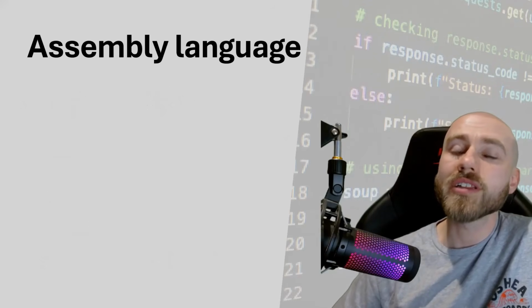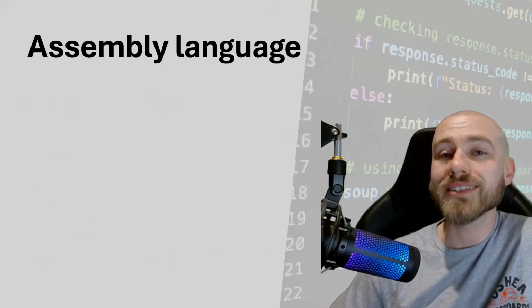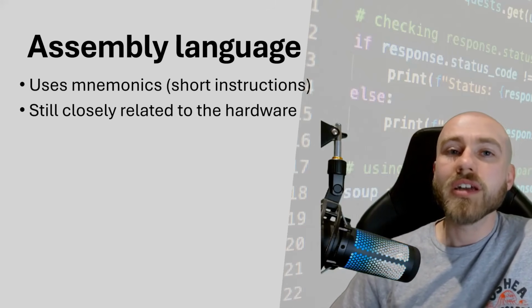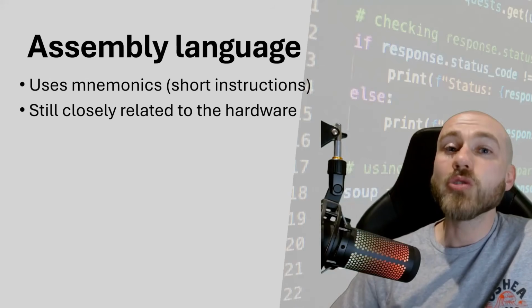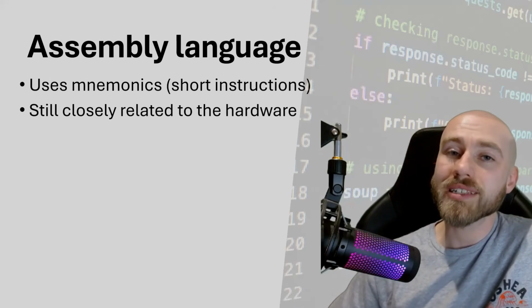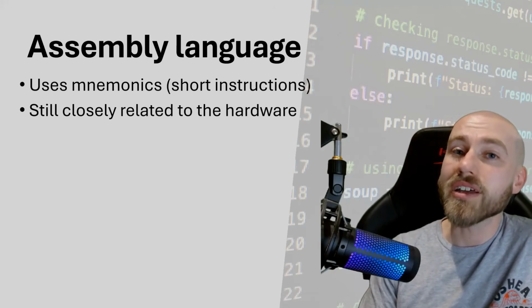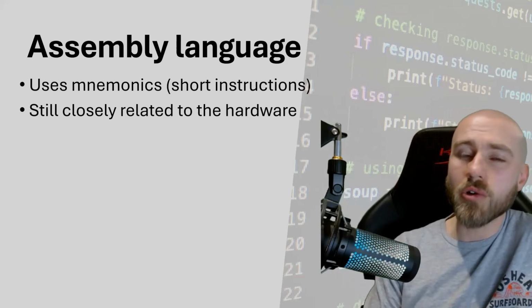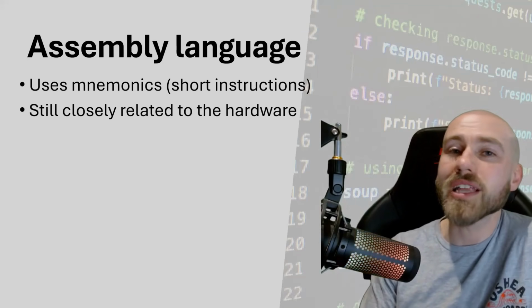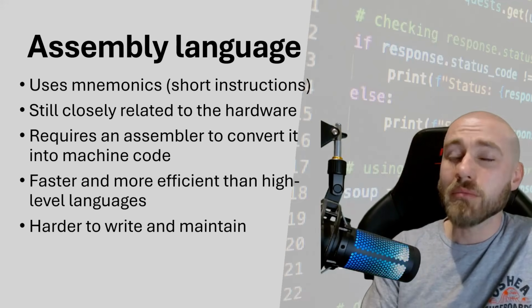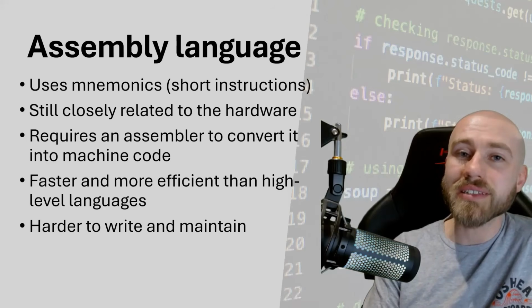Another common low-level language that gets talked about is something called assembly language. Assembly language is a really low-level language, but it's not quite machine code. It does require an assembler to translate that last step into machine code. Assembly language uses mnemonics, which are short blocks of code which we can use to actually write assembly language. Assembly language is still much faster than a high-level language, but it's definitely harder to write and maintain, unlike the